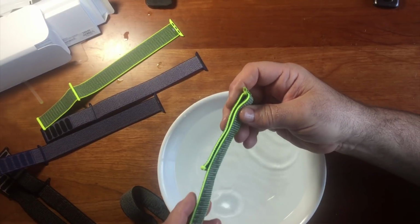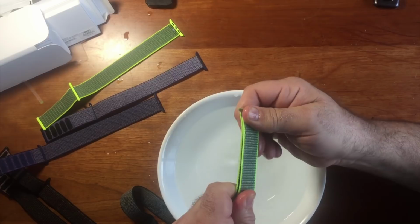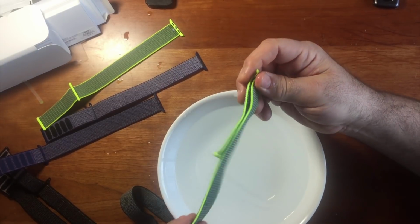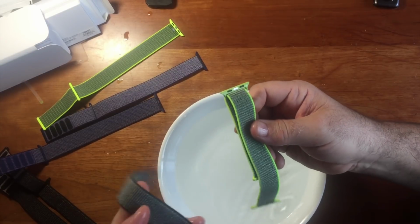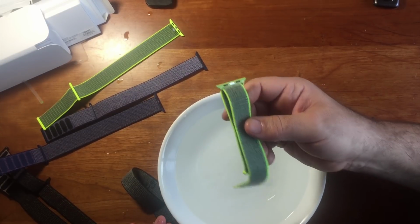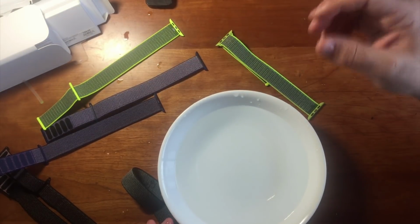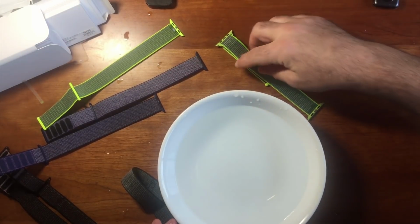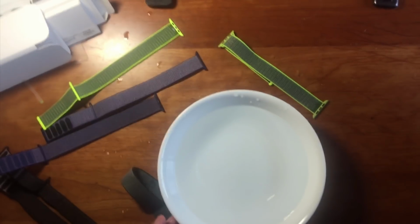Now, it happens more when you're wearing the watch under pressure. You know what I mean? Like if you're wearing it, it will wick away the water faster that way. So they both have the same water wicking ability. So you're not going to have a problem with that. The color is closely matched, especially the outside color. And you also have